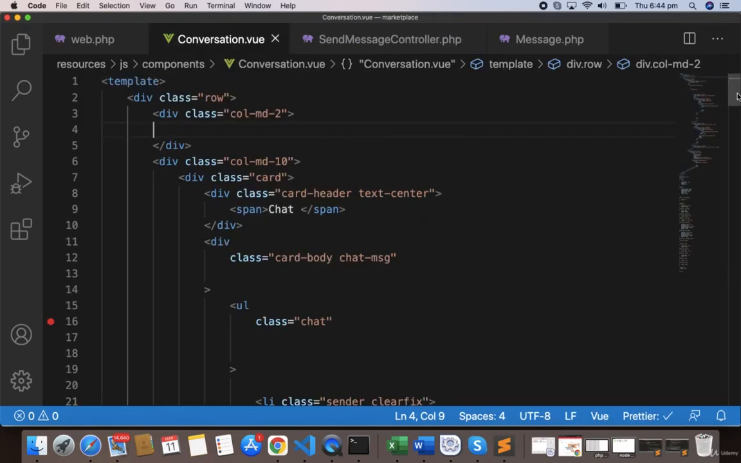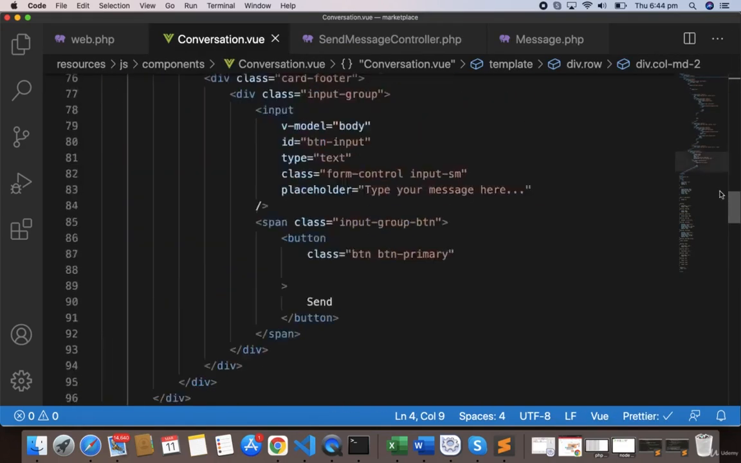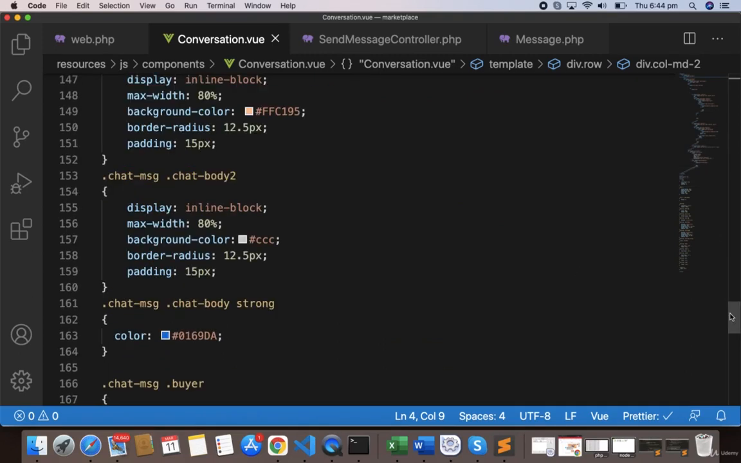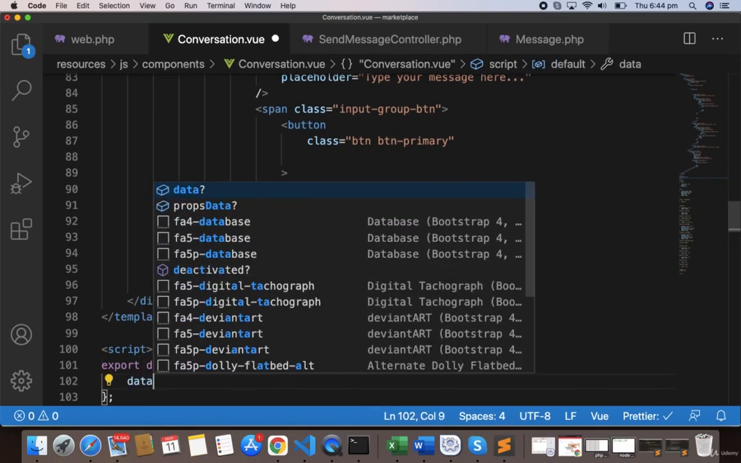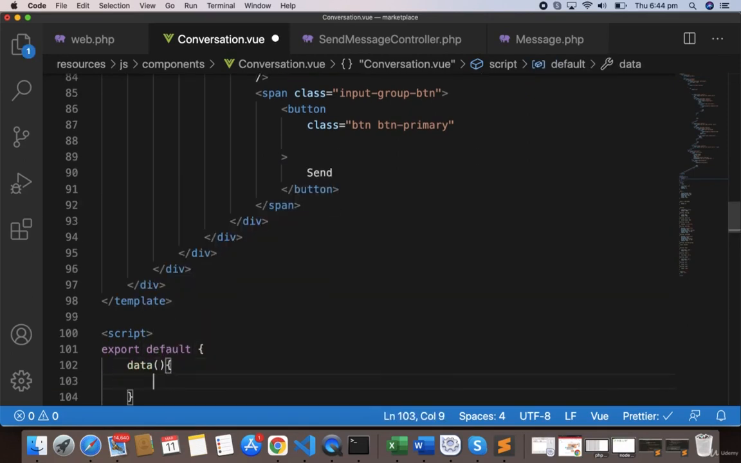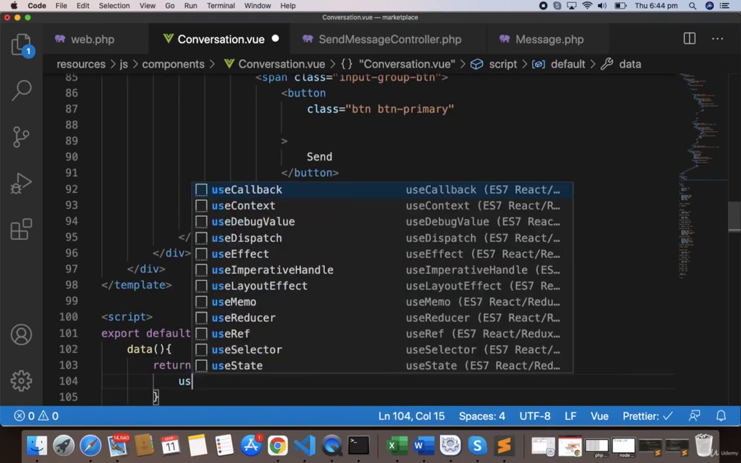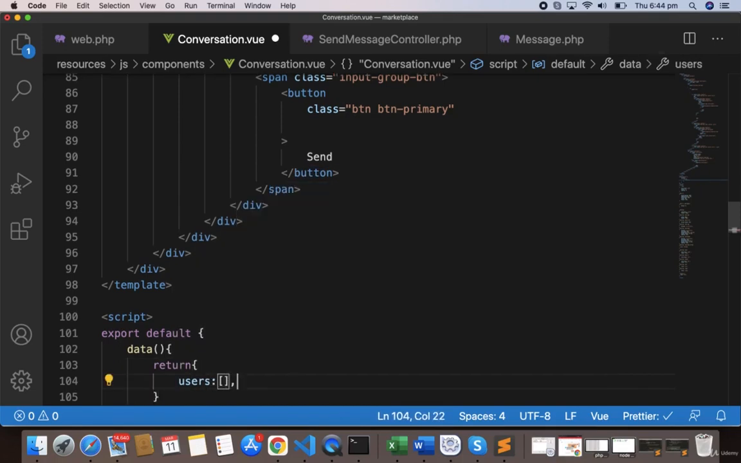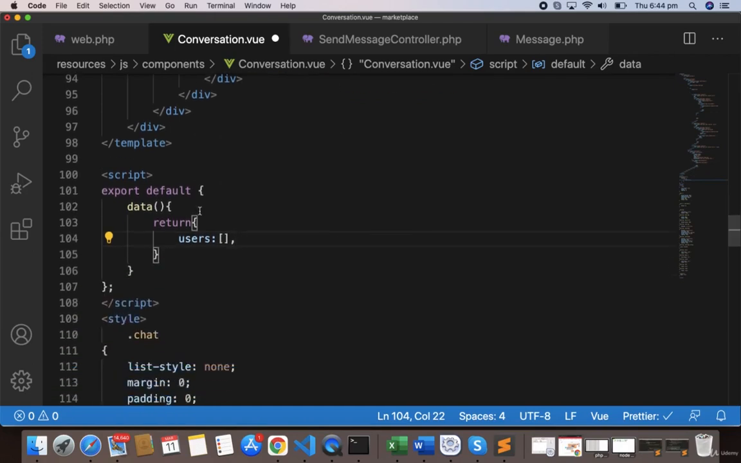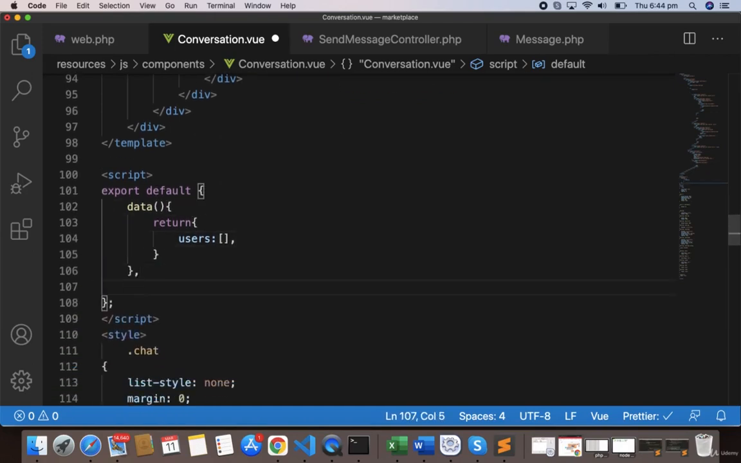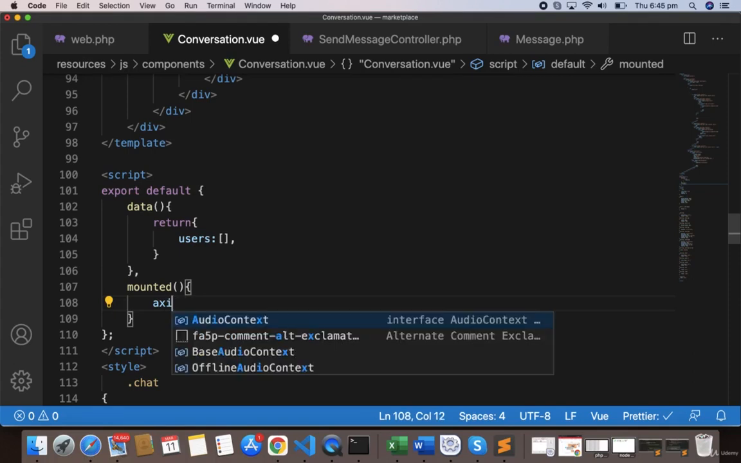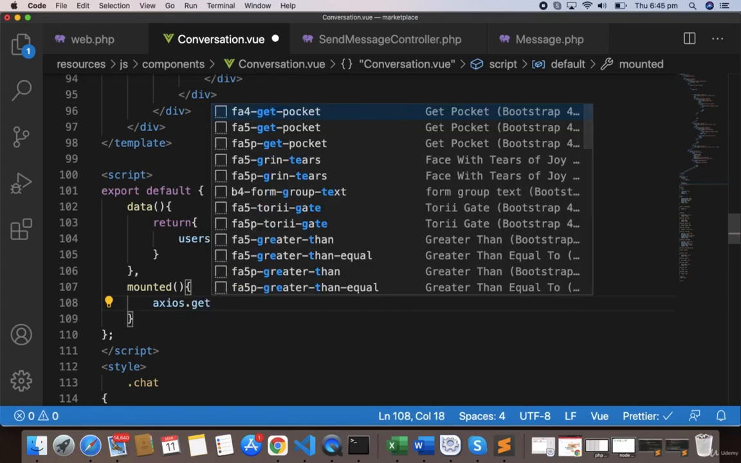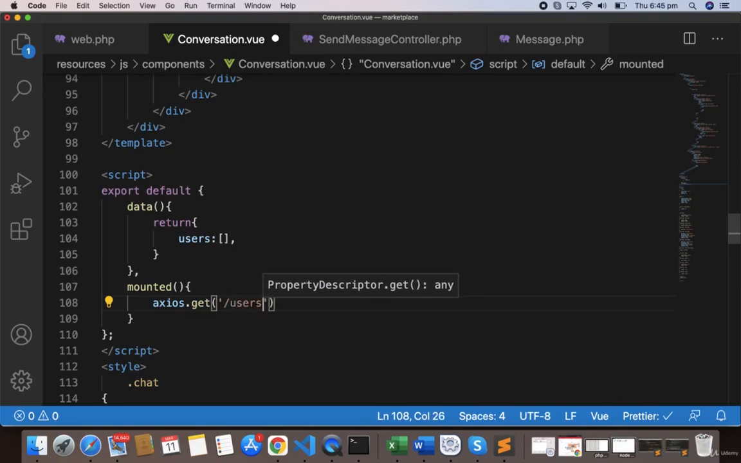Now let's go to the conversation.view, and let's grab all the users since we have an API that returns the users. So let's make the data on return, and let's make the users array where we will push all the users that we get from our API, and whenever the page is mounted we'll push the users there. So right here, mounted, and write axios.get, and it is the users,